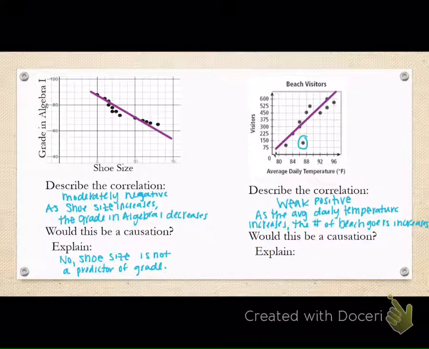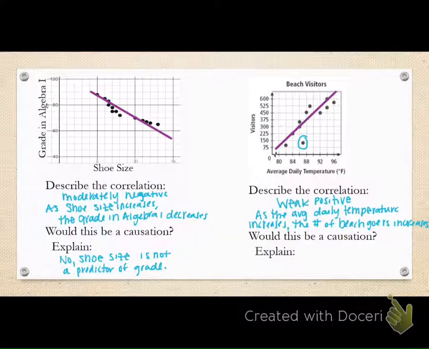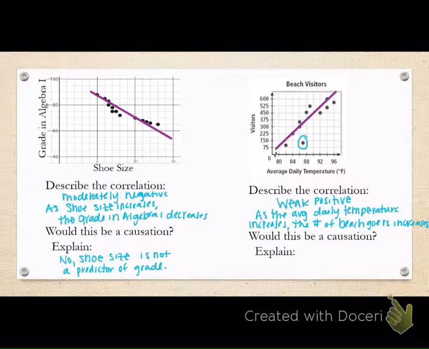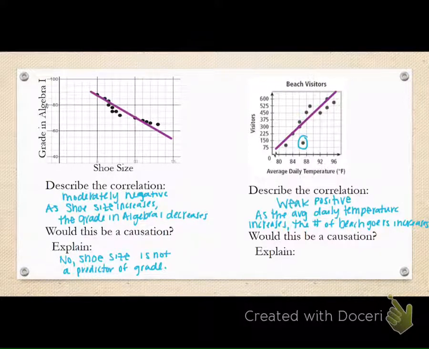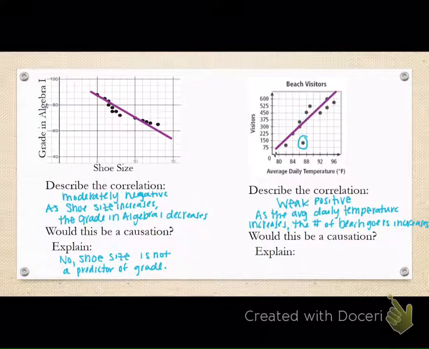I would say there's definitely no causation in situations like the shoe size and the egg grade. But you can technically never say that something is caused by the other thing. But this is a better chance of it being correlated and caused by the one thing than the shoe size and algebra grade, right? So your answer to would this be a causation will never be yes. Correct. In this case, I would say maybe, because